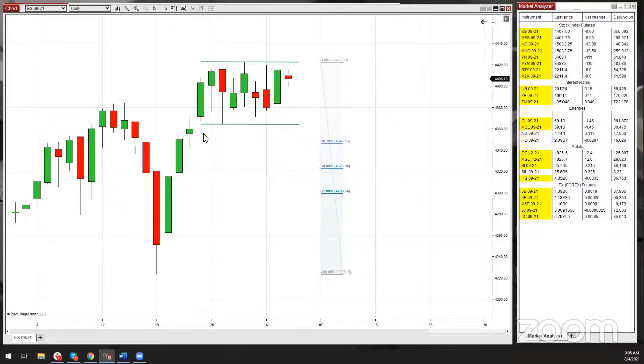So right now we're in this sideways channel here. I drew a fib line here just to put it in perspective, from this very low on the 19th all the way to the very high on the 28th. And what I'm looking at here is the 38.2% retracement level. We're far away from that. That would represent about a 10%